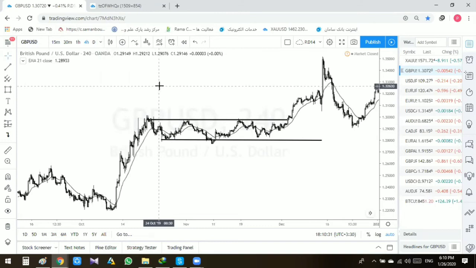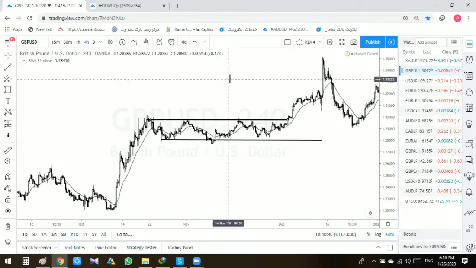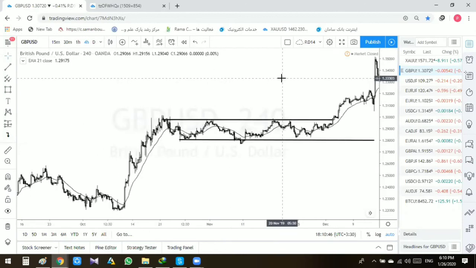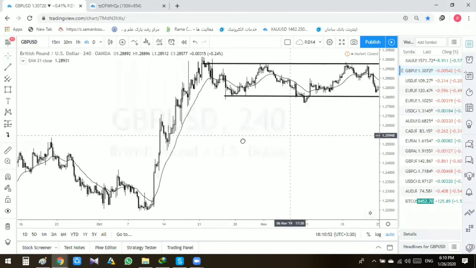We can find them, but it's more rare. In lower time frames, price moves more choppy than higher time frames. Anyway, for example, look at this one. This one is a ranging market